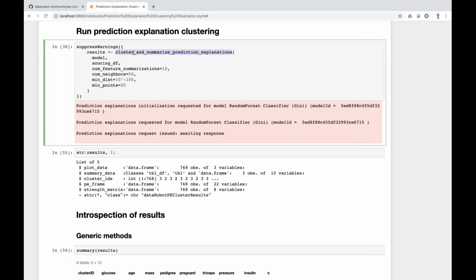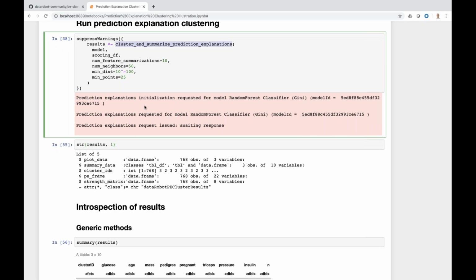So running this single function from the package is going to run through that entire process. It'll take care of calculating the prediction explanations, flattening them, performing that UMAP dimensionality reduction, and then HDBSCAN on the tail end for the clustering.